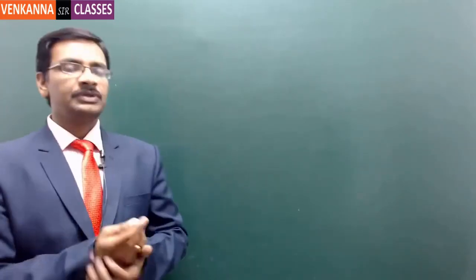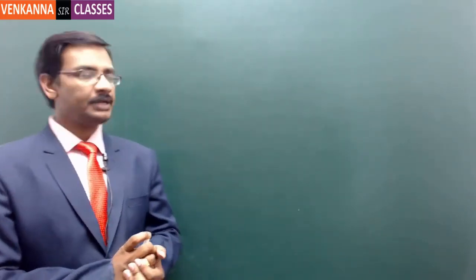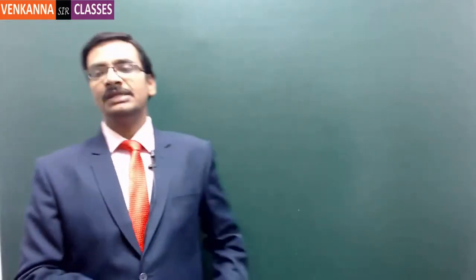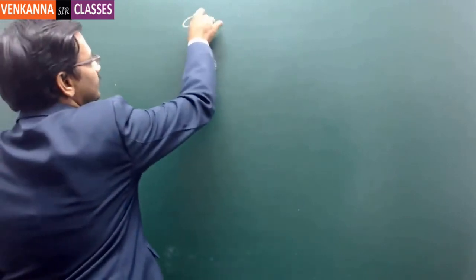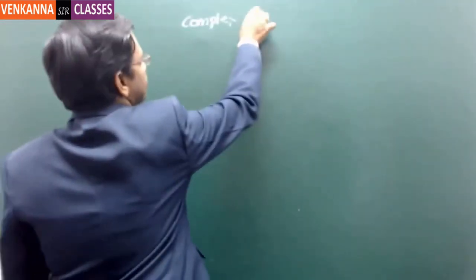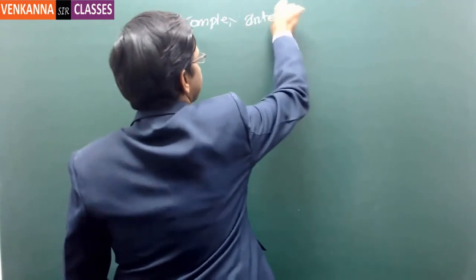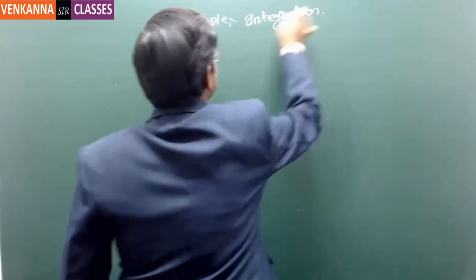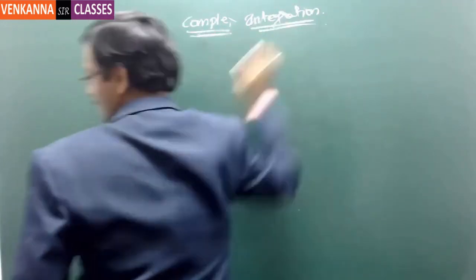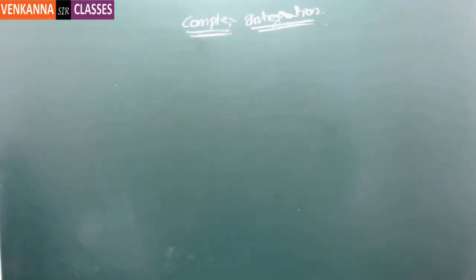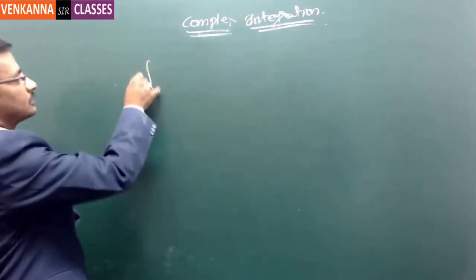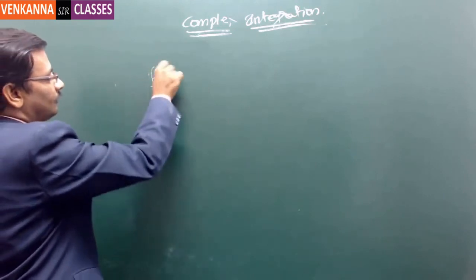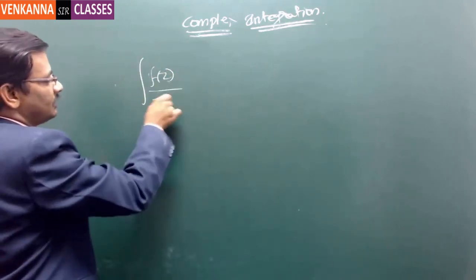So in yesterday's class we discussed complex integration. We learned Cauchy's theorem and then Cauchy's integral formula. What is meant by Cauchy's integral formula? What it says is, suppose f of z is analytic, then the integral of f of z by z minus a dz